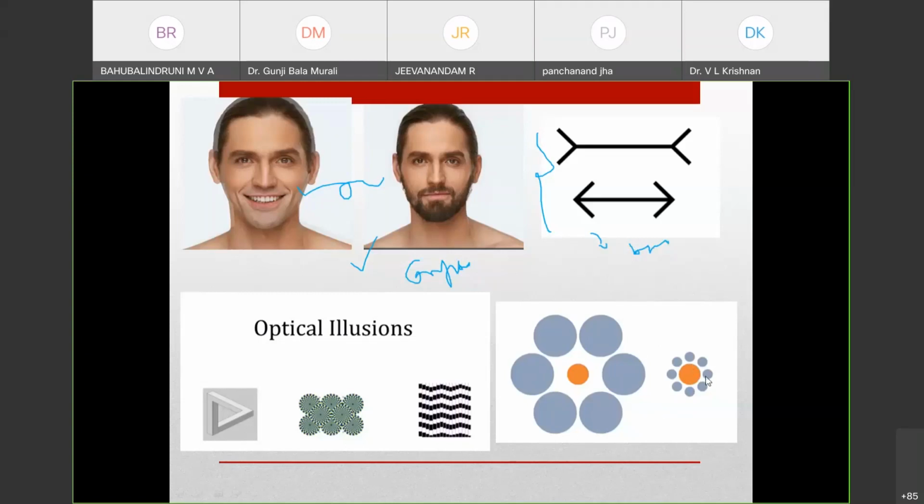By seeing this one, we have an optical illusion that this is a smaller diameter and this is a larger diameter, but it is not actually true. All are the same diameter. It's only the optical illusion that we have projected on the image. Similarly in these cases also. Okay, now